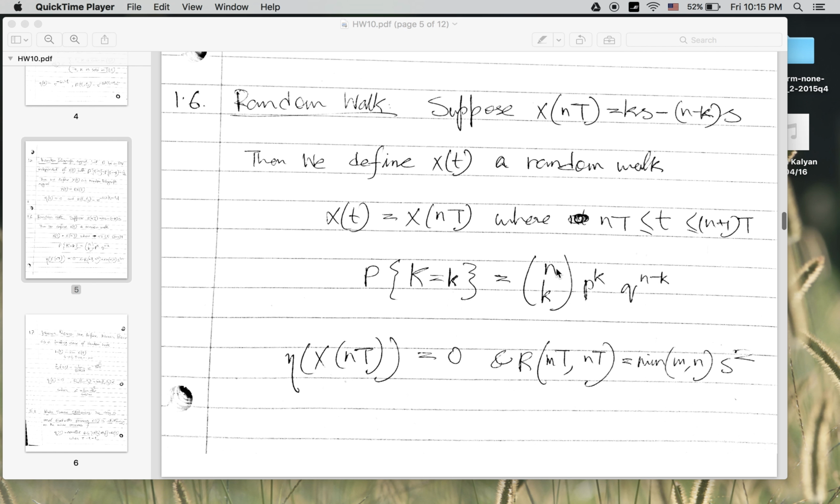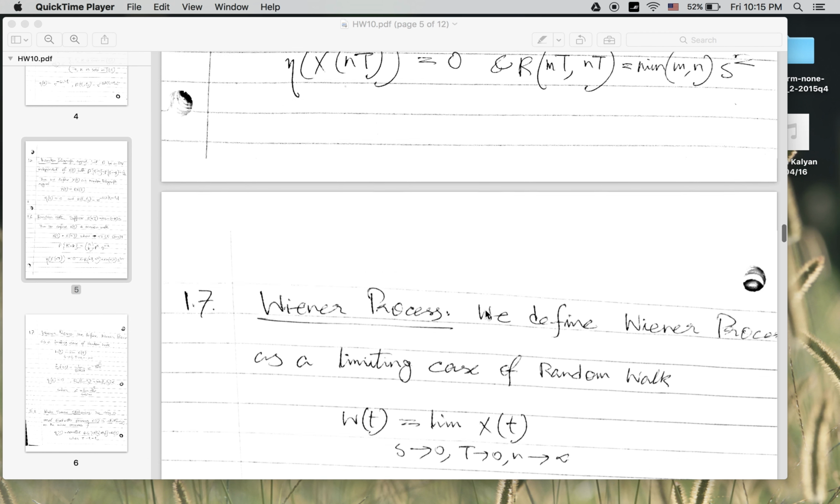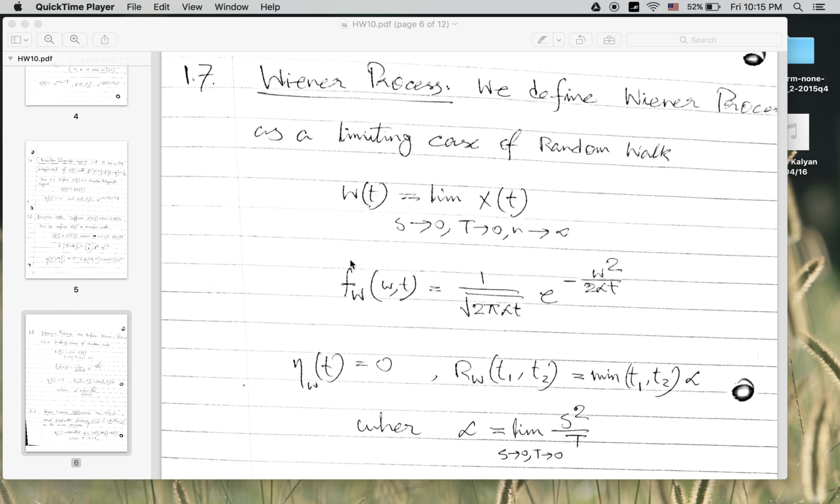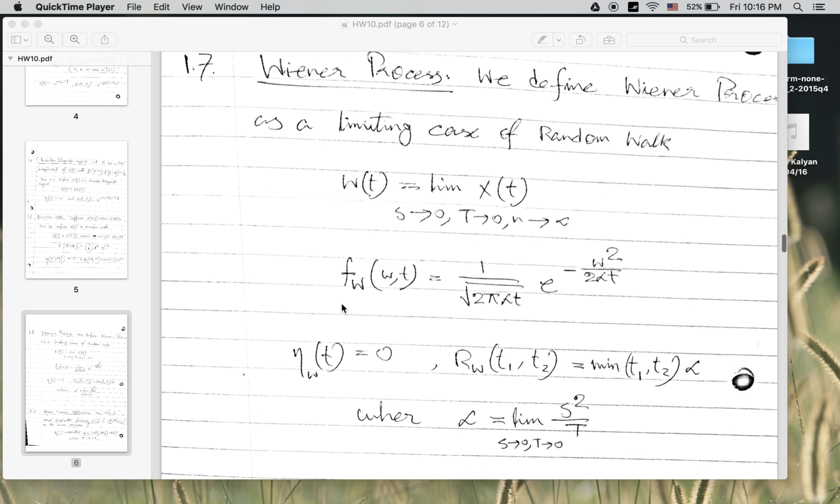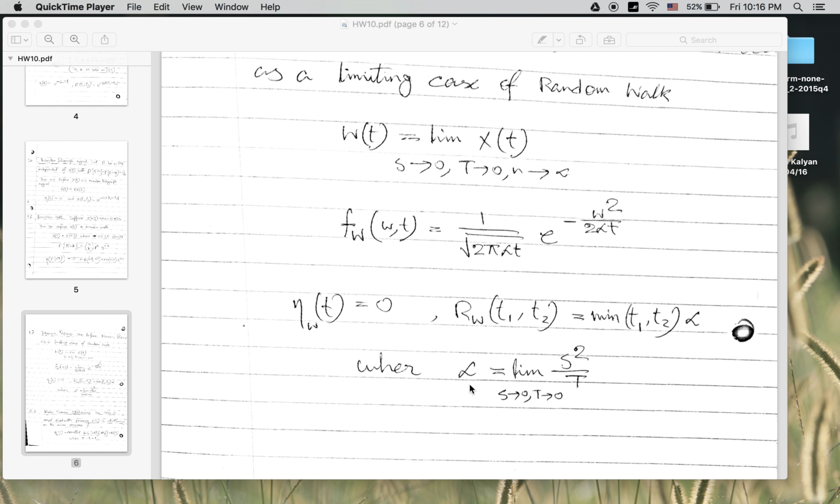So let us go to the random walk again. This is the definition for the random walk. So this s tends to 0, this capital T tends to 0, and this n tends to infinity. If we take the probability density function from this, we will get the probability density function as 1 upon root over 2 pi alpha t into e raised to the power minus w squared by 2 alpha t, where alpha is defined as the limit of s squared by T, where s and T both tend to 0. If it has two outcomes, plus 1 and minus 1, then again